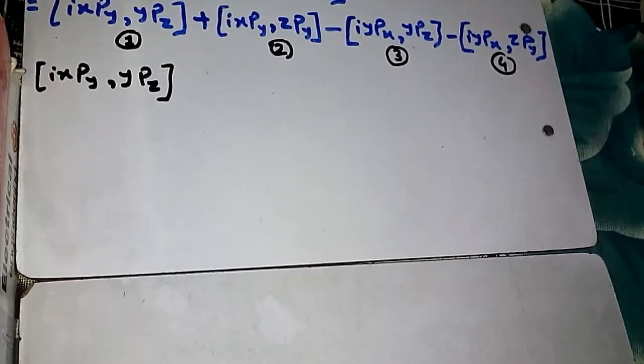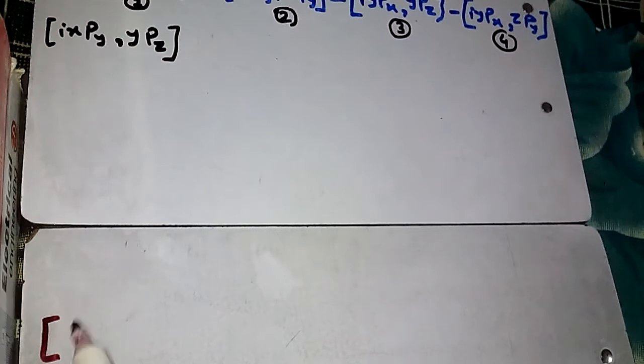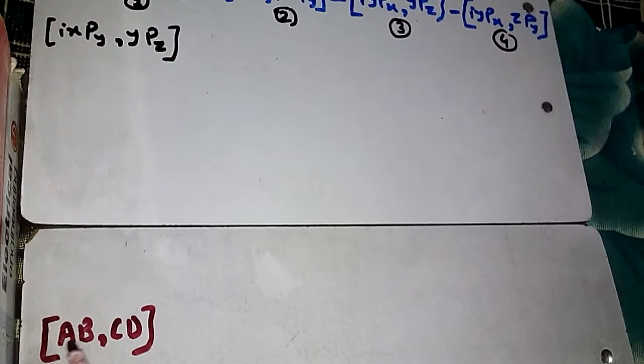We will write it here. If we have A, B, C, D, four operators, and these two are in multiplication and these two are in multiplication, this commutation relation can be expressed as commutation of A, C,